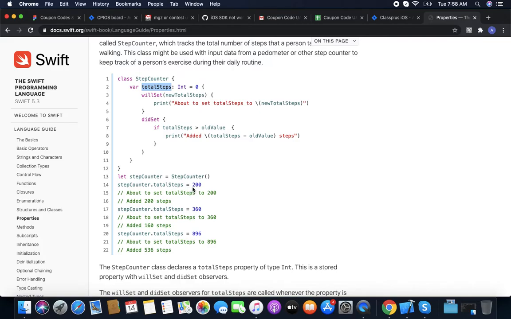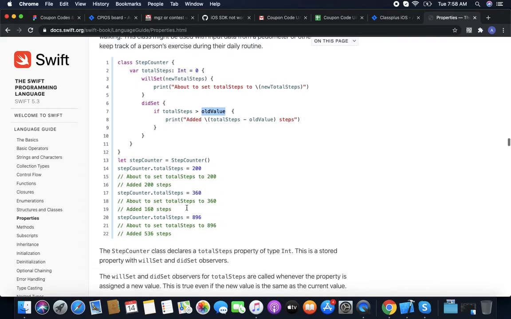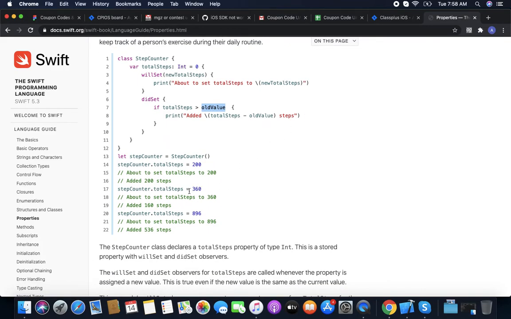When we set it to 200, it will first call willSet, then call didSet. So willSet just has a new value, and we are printing the new value. didSet has an old value, and we will subtract the old value from the present value. Old value is 0 and present value is 200, and it tells the steps. Now if it's 360, about totalSteps 360, new value is 360. Now it will print the difference of new value and old value.